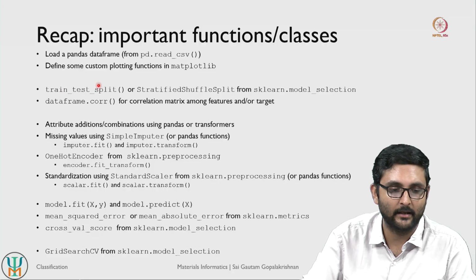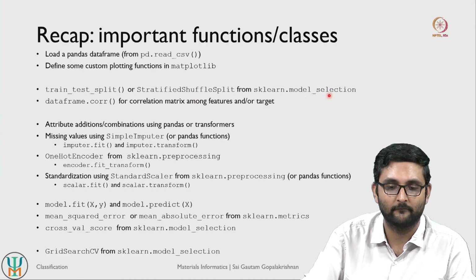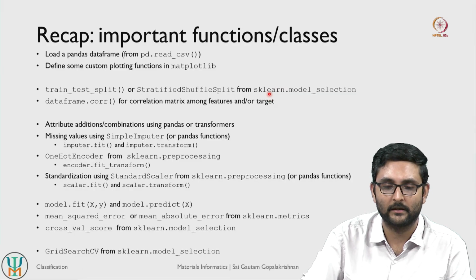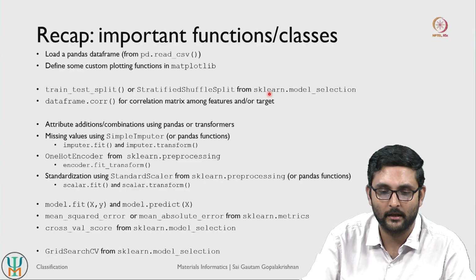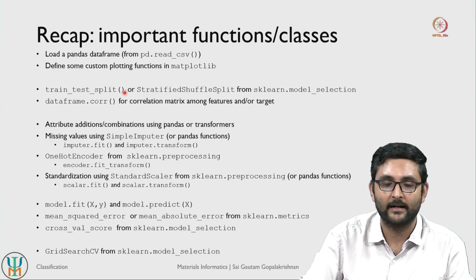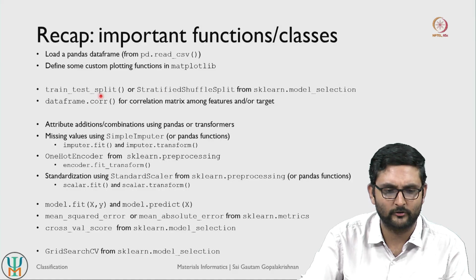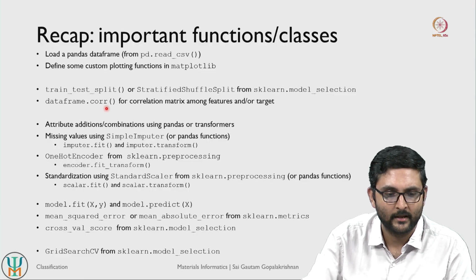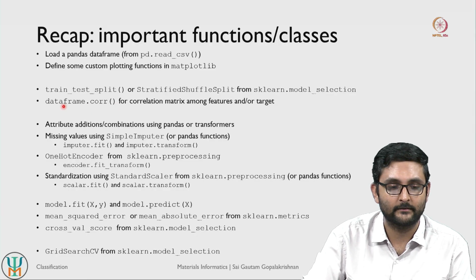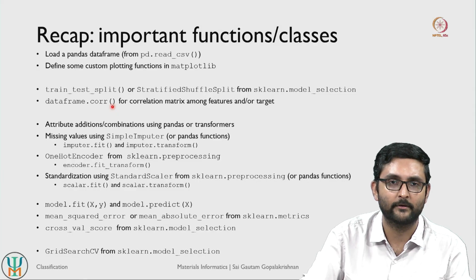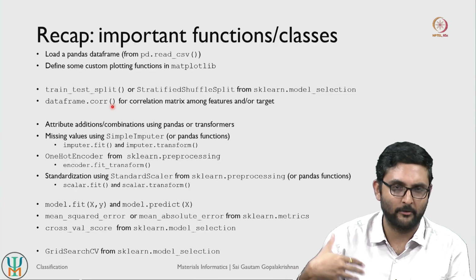And we also use this ready made function called train test split from scikit-learn. So, sklearn is the package that we use quite often, especially with classical machine learning within Python. Within scikit-learn there is a ready made function called train test split, which by default does the split randomly. We also looked at stratified shuffle split, and then in order to look at correlations within the data, this is why loading your data as a data frame is useful, because there is a ready made function called corr, right. That already gives you what kind of correlations exist amongst features or between your features and your target variable, right.